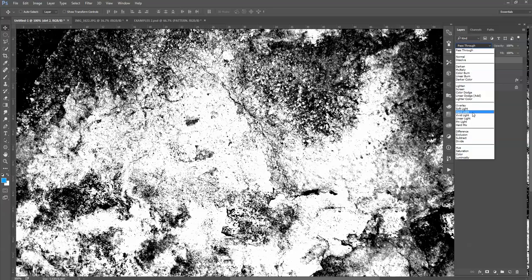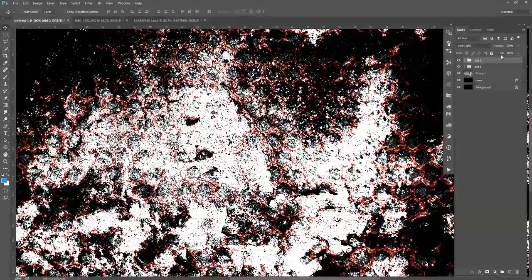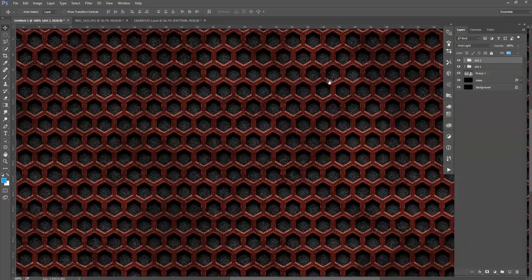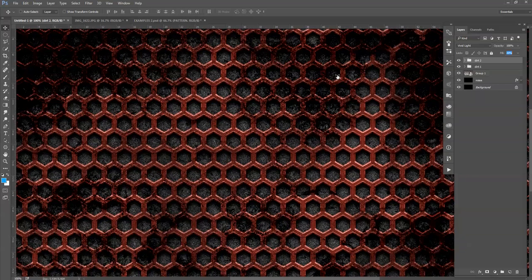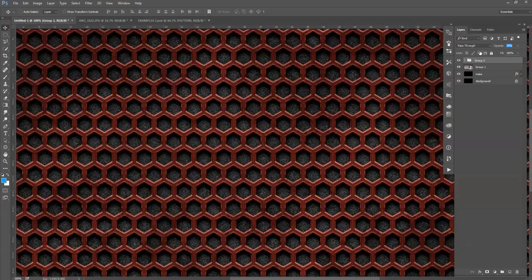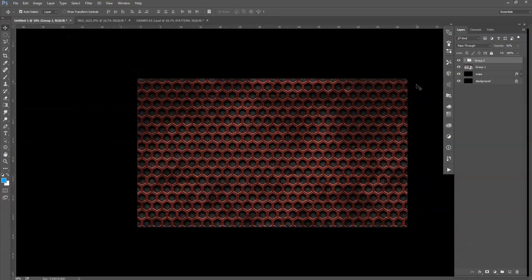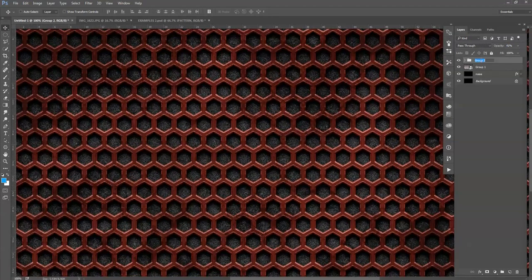Okay, let's see this on vivid light perhaps, and reduce the fill opacity. Maybe put these two in a group and reduce the opacity. Okay, this is one way with dirty textures. The other way